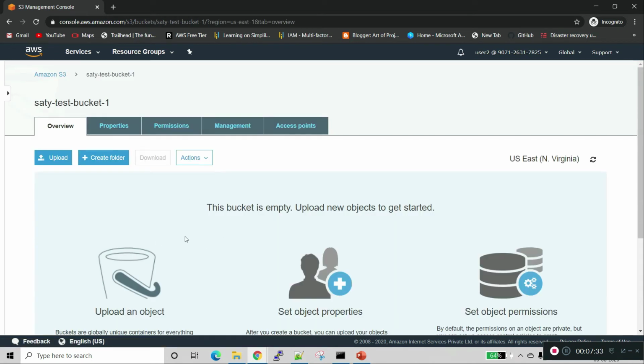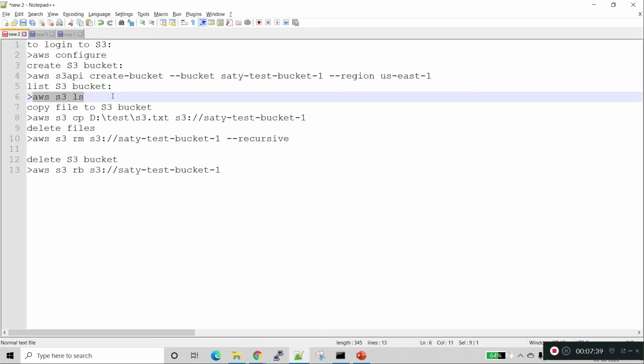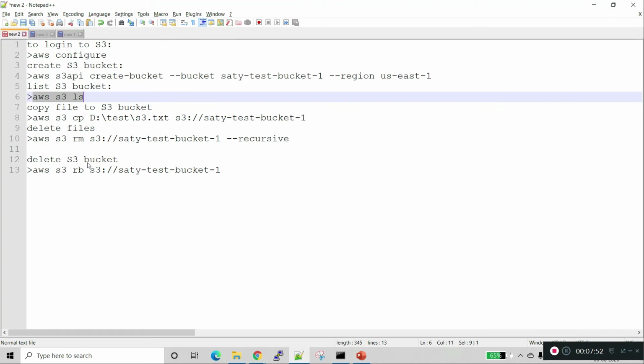There is no file in this bucket. Now we will try to upload a file. We will use the ls command to list the bucket name. This is the bucket name. Now we will copy the file from our current folder to the S3 bucket.